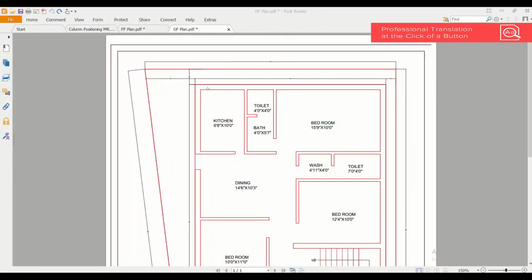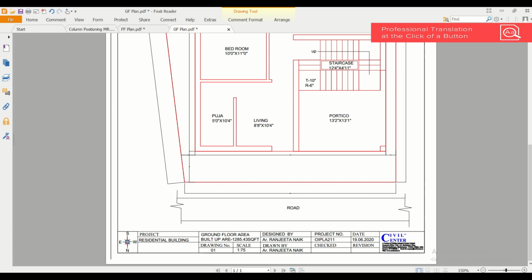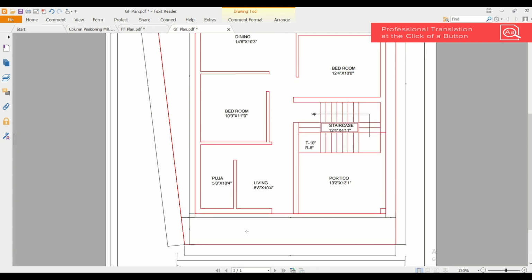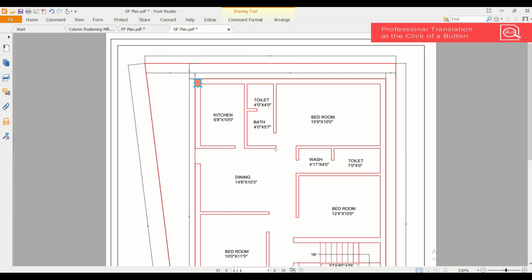So let us start assigning our columns. We'll start with this portion. Let us assign a column here. So this is our first column which has been assigned. While assigning other columns, we need to check certain things like our total area. The total area is around 1300 square feet, so there will be a minimum of 13 columns here. For every 80 to 100 square feet, you can consider a minimum of one column. So there will be a minimum of 13 columns here, and maximum we can go as per our building's plan.